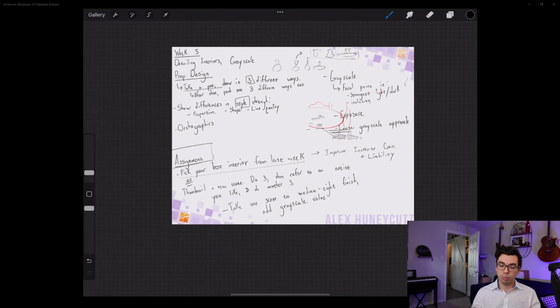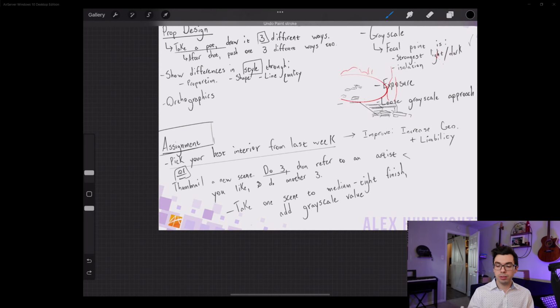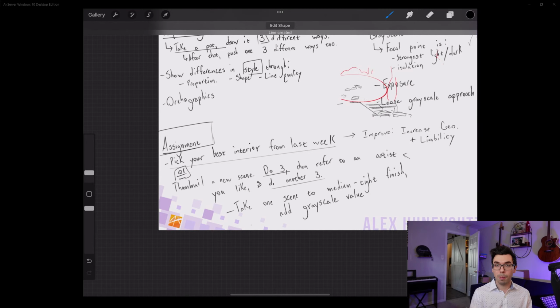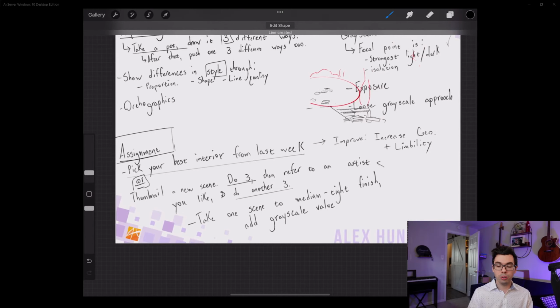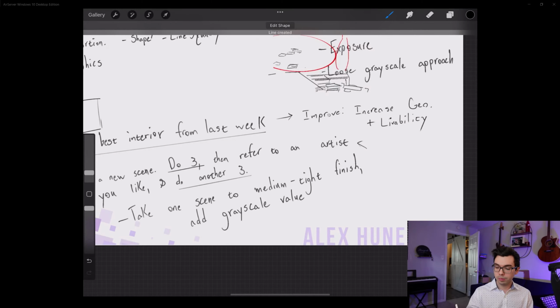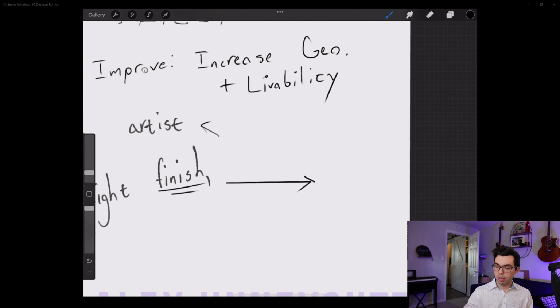So you can improve one that you like, or you can thumbnail three scenes, refer to an artist that you like, maybe study them a couple times, and then try again three more times. And pick from your best one and start to finish it. So a finish would be a mix of